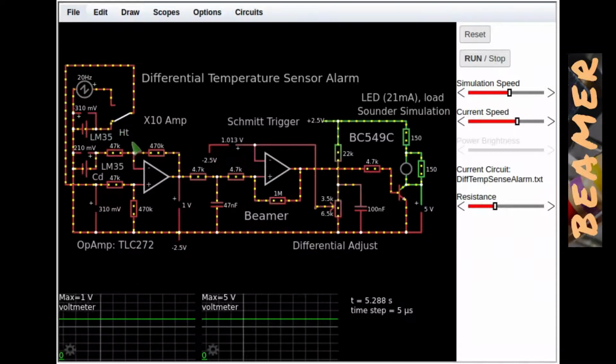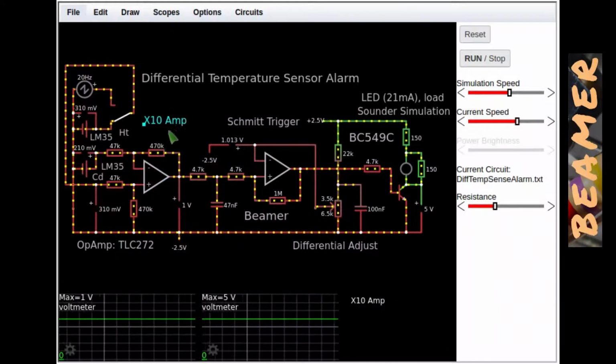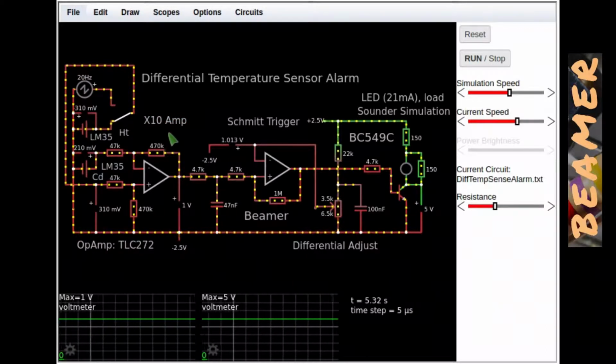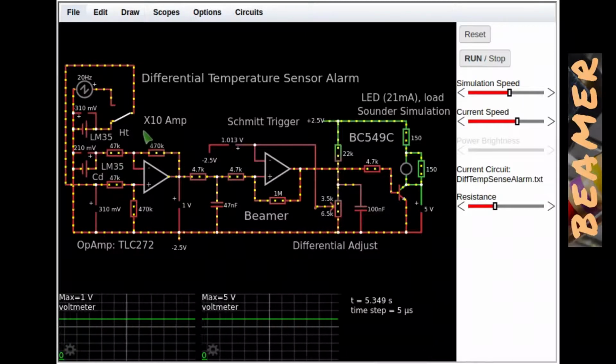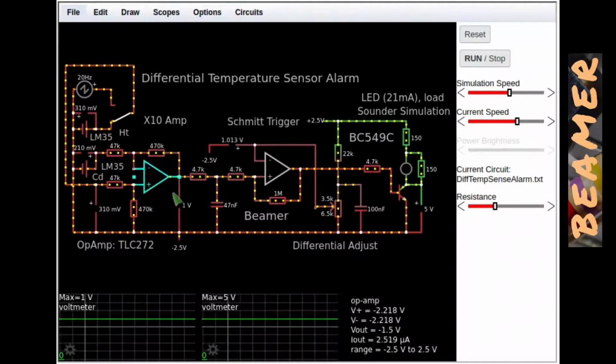Now, the next section here is a differential amplifier, very simple, and it's a times 10 differential amplifier. So the whole of this circuit is not interested in the absolute value of temperature. It's only interested in the difference between these 2 sensors. Well, the difference in temperature set here is 10 degrees C. 10 degrees C represents 100 millivolts, and if you multiply that by 10, you arrive at 1 volt here on